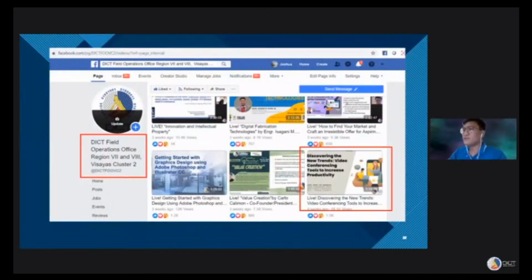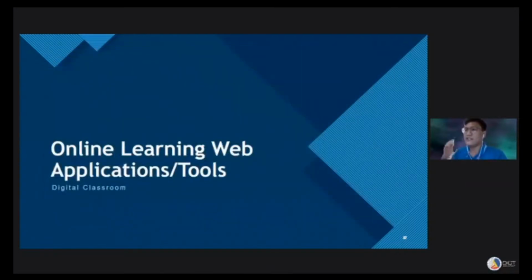Kasi merong separate na webinar kami dito about sa mga video tools. If you want to watch about those tools, punta lang po kayo sa page namin, that's at the ICT FOOBC2. Hover sa videos. Nandun po itong Discovering the New Trends: Video Conferencing Tools to Increase Productivity. Diyan po ang in-depth discussion sa mga video tools na yan. Okay? Para makaproceed na tayo sa main meat natin for this afternoon, which is the online learning or web application